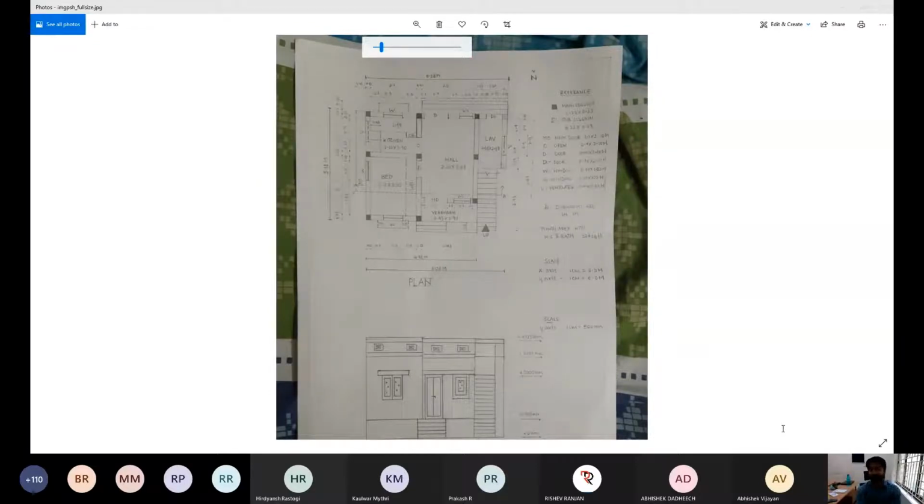Without proper dimensions, we can't accept it actually. It's not a rough exercise. You have to do proper scaling and proper dimensions. Okay, that's very important. So one simple example I will show you. I'm showing one simple example in order to understand how you can develop your line diagram, line plan. So that I will show you now.